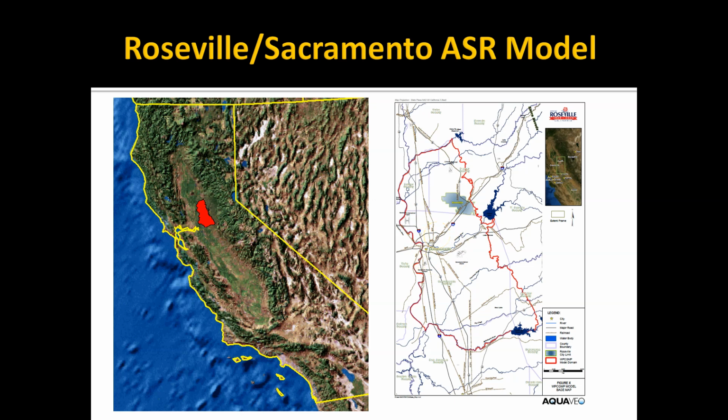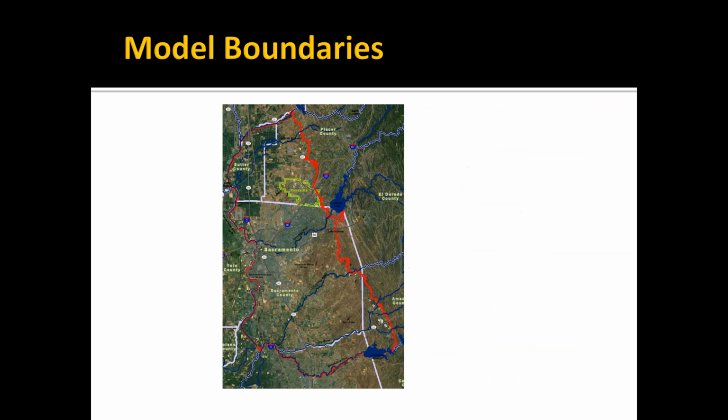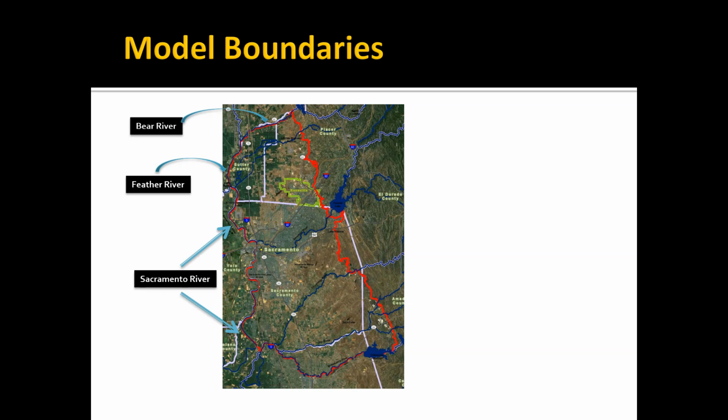And this was a big project. We worked on this for at least a couple of years. And there were a lot of stakeholders and a lot of things going on. So this red line represents the boundary conditions that we ultimately selected. And we had the Bear River on the north, the Feather River, Sacramento River, and the Mokelumne River